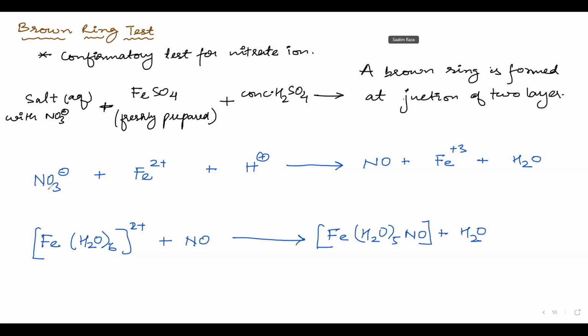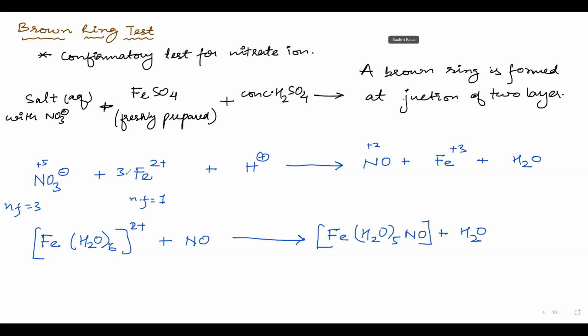Now see, if you have to balance it here, then you can balance it by NO3 negative. It is in +5 oxidation state. You have NO, which is in +2 oxidation state. Now this is the simple one, because this is not disproportionation, neither is it a special kind of reaction. So the N factor here is equal to 3. Now Fe is in the +2 oxidation state. Fe here is in +3 oxidation state. So the N factor is equal to 1 only. So you will write 3 here, you will write 1 here.